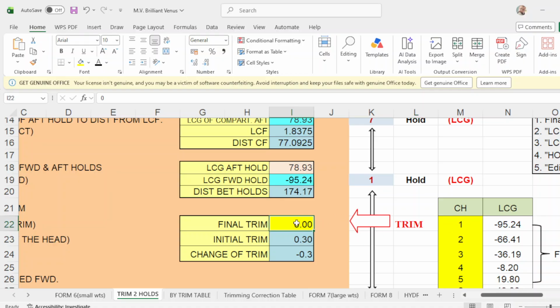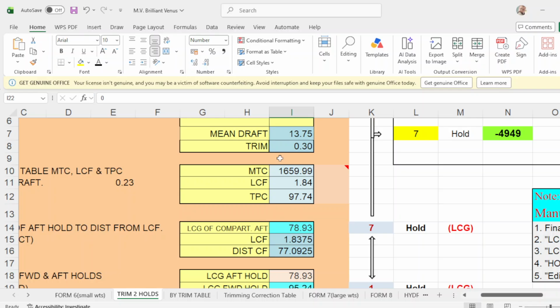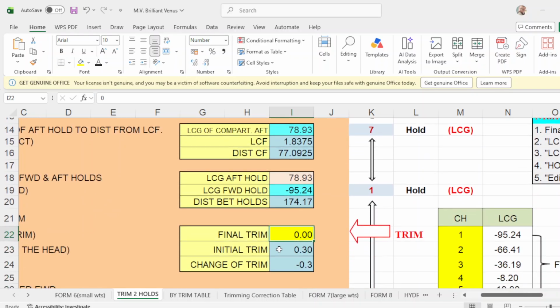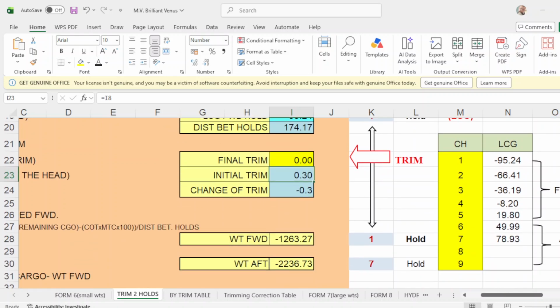For example, you want to make the vessel even keel because you have a trim of 30 centimeters. So you put 0 here. Then scroll down. How much are you going to discharge in number 1? That will be negative 1,263.